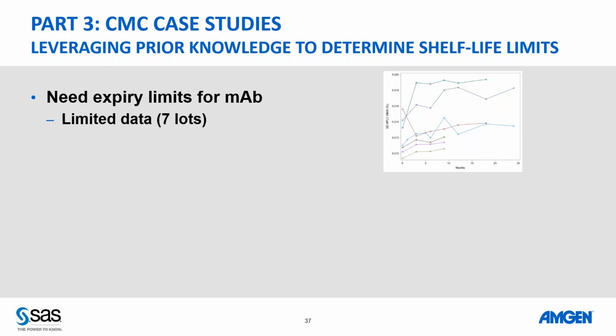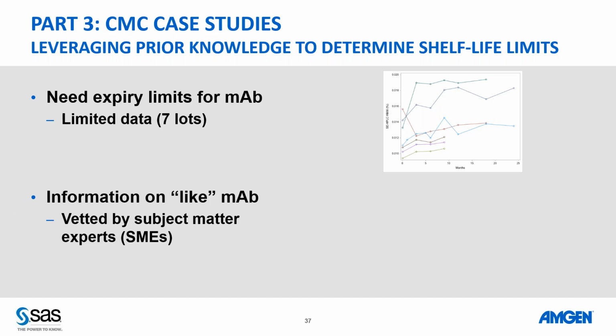Some look a little funky, some go up. In general, they're going up. So we have that data. What can we do with that? This is very similar to the other example where we only have 4 data points. Even though we have several data points per lot, we only have 7 lots. In essence, we're trying to capture the lot-to-lot variation. So an estimate of variance with only 6 degrees of freedom is not that